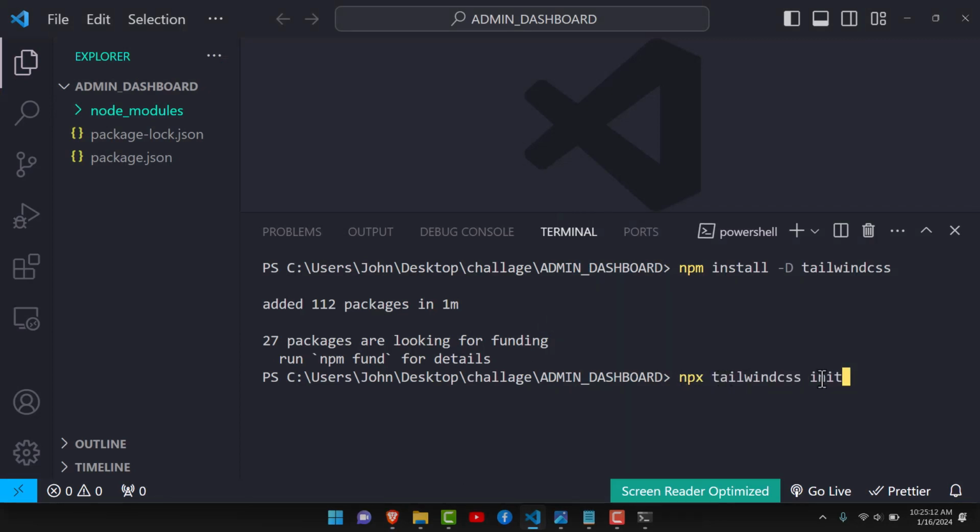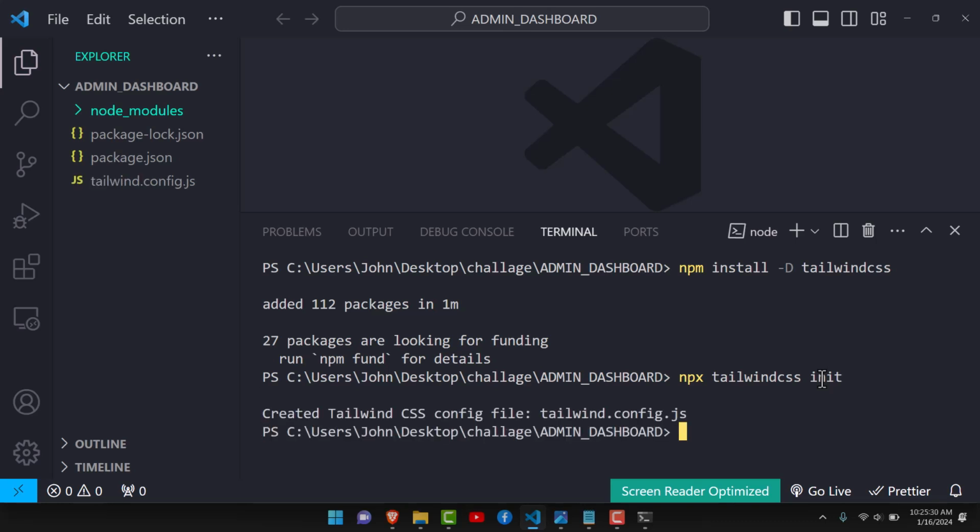npx tailwind init. So basically we're initializing Tailwind and at the same time installing the tailwind.config.js. So it's a very important file. Of course, again, it's not a must that you use it, but it's a must that you have it installed. But where you're going to use it in terms of personalizing and extending beyond what we have normally, that's up to you. So as you can see, that has been installed here, the